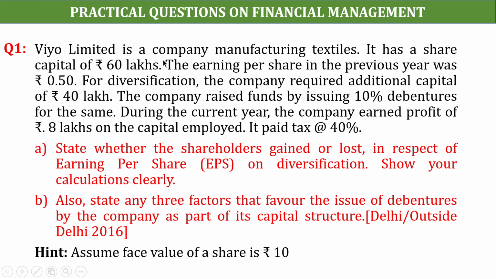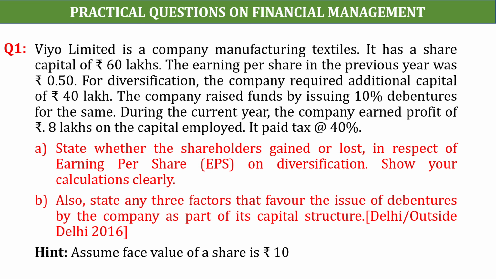The VO Limited is a company which manufactures textiles. It has a share capital of 60 lakh. Earning per share in the previous year was rupees 0.50, and for the diversification purpose, the company requires funds of rupees 40 lakh, and for this purpose, the company has issued 10% debentures. After issuing the debentures, the company has earned rupees 8 lakh on the capital employed, and it pays income tax at the rate of 40%. So the profit of rupees 8 lakh on the capital employed is the net profit